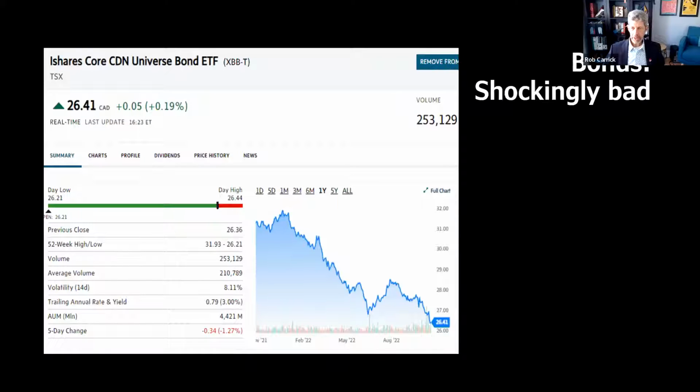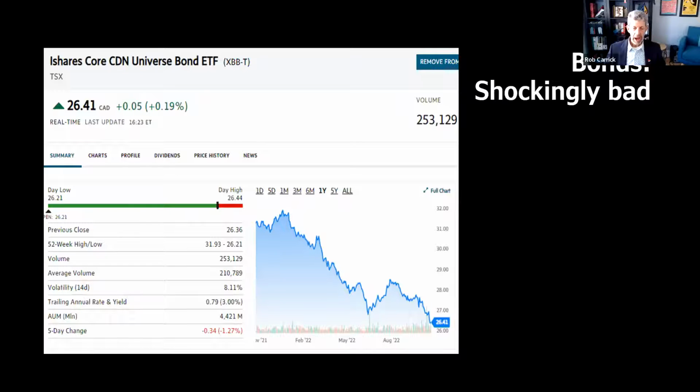The shocking news in investing is not the stock market. As I said, we've had a fairly normal, orderly decline there. What's happening in the bond market is, in my investing lifetime, unprecedented. It is a shocking rout in the bond market. I've got a chart here for you of the iShares Core Canadian Universe Bond ETF. It's an exchange-traded fund, and you could use it or ones like it to basically cover off the bond market in your portfolio. So if you said, I want 40% bonds, an ETF like this could be your 40% exposure